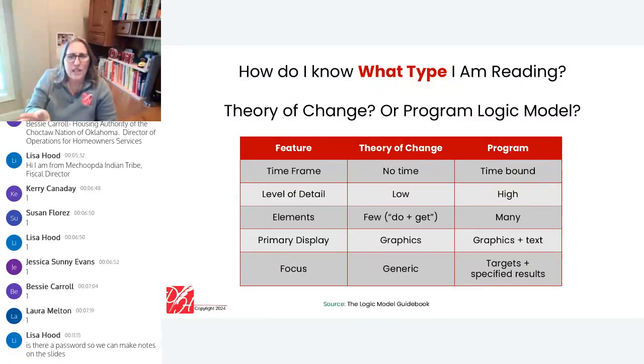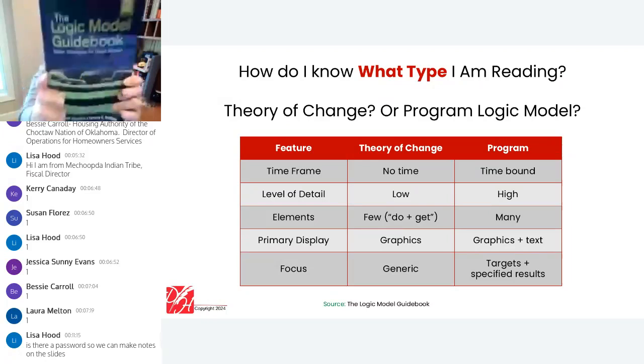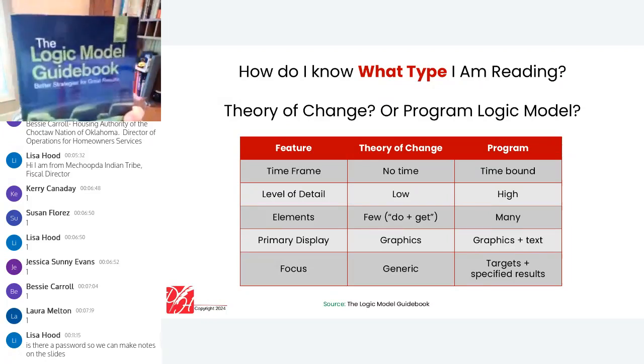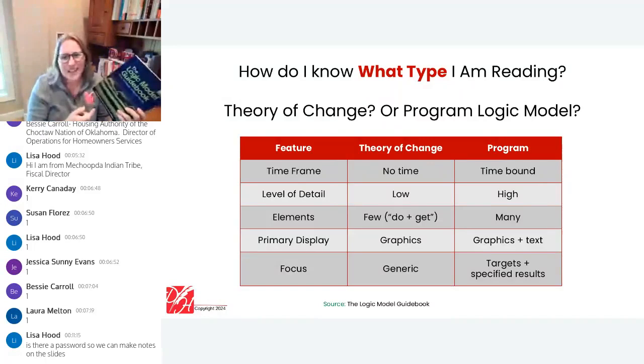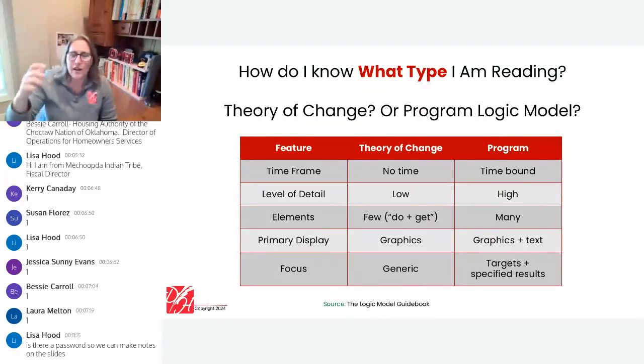On the screen, I have a quick reference chart. It comes from, let me grab the book on the shelf. Where is it? Here it is. This book, the Logic Model Guidebook, it's a nice skinny little book. It is a fantastic follow-up resource if you love to have a book as a reference after today. In your course material is our logic model download from our team. It's great, but it's even thinner than that. It's a small PDF. This book is a next level resource, but this is where this chart comes from.